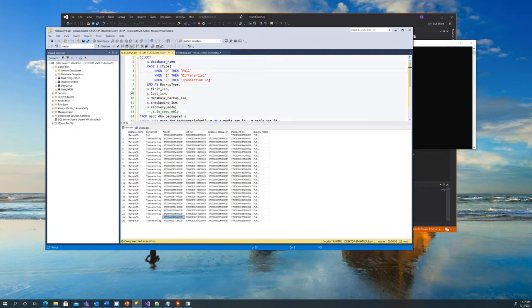I'm going to get to that in a second. So what do we mean by jacking up the log chain? Is the log chain really jacked up? Well, I'm going to say yes and no. No, in that our log chain is in order. These logs now are tied to this full, but typically, a lot of times what happens is